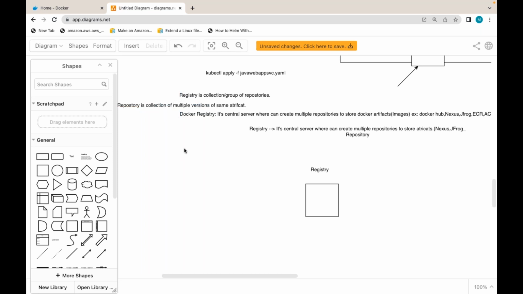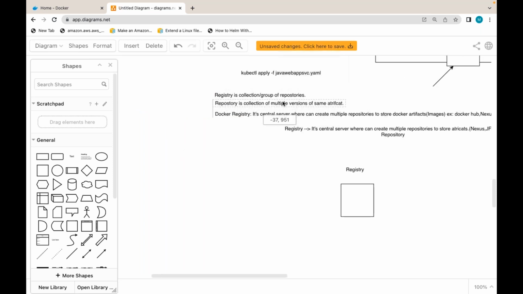You already created a repository. When Bhaskar sir explained Nexus, you created a repository, but not a Docker repository. Did you create Maven repositories where you maintain Maven artifacts, the Java artifacts? In that repository, can I store multiple versions of those jar files or war files? Yes. A repository is a collection of multiple versions of the same artifact, same application, multiple versions.